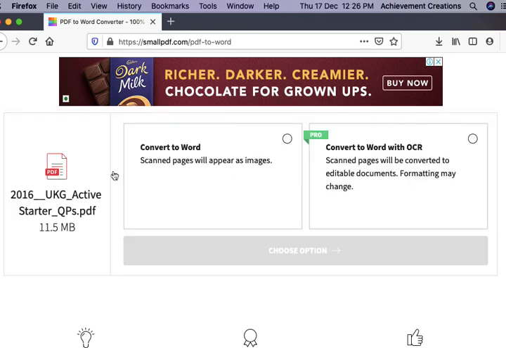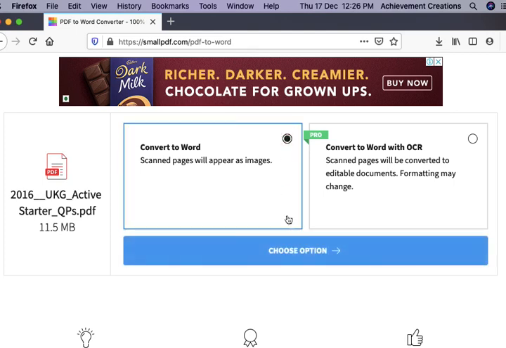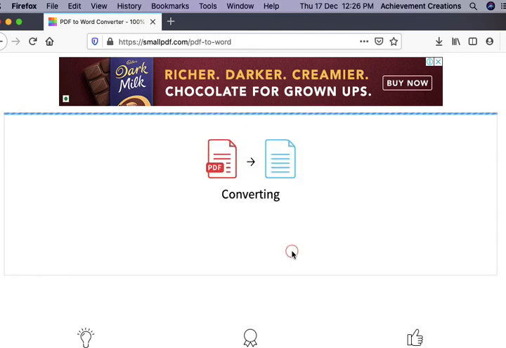Once this is done, you have to choose, this is the file you want to convert to Word. We need to do this. Choose this option. It is converting into Word document.